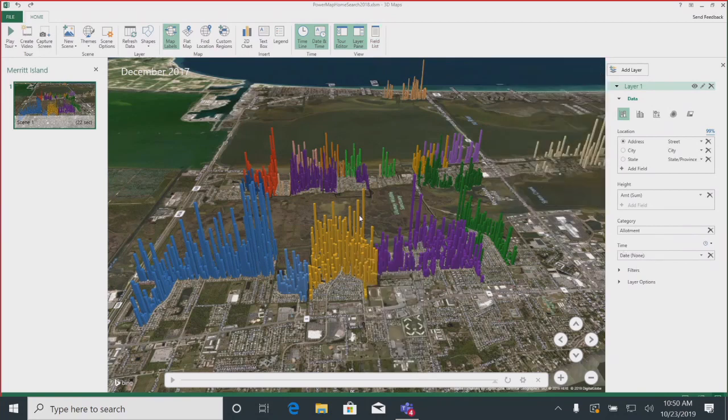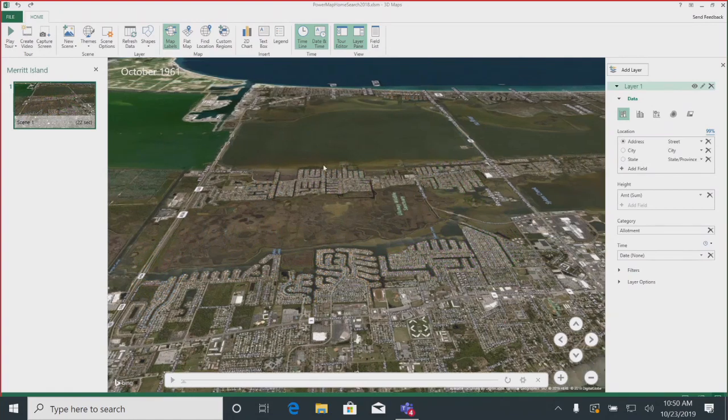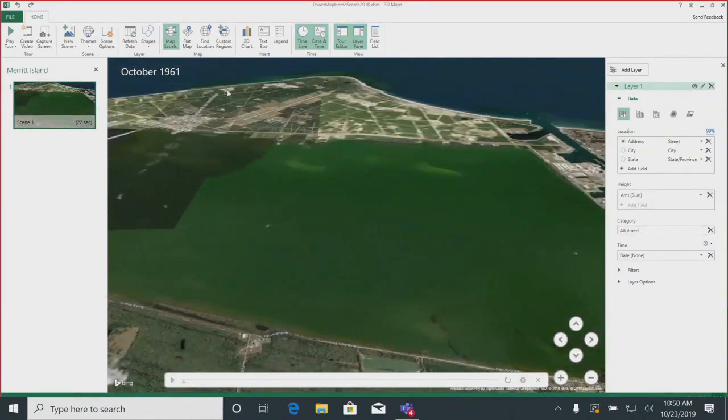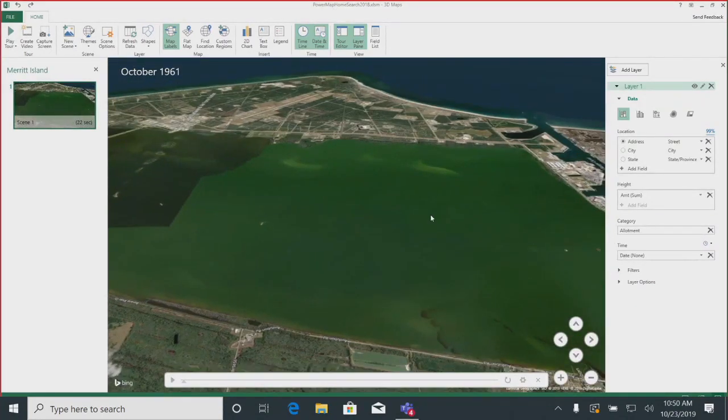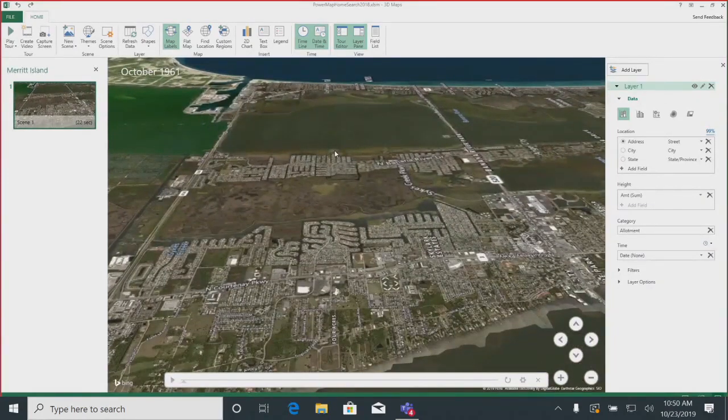All right. So let's just go back here to the beginning of time for this data, which is 1961, when this neighborhood started to get built. This is actually my neighborhood here in Florida. So right up there is Cape Canaveral, where they launch rockets. Those are all the rocket launch sites. And this area was built up in the 1960s when the Apollo engineers started to move into town.